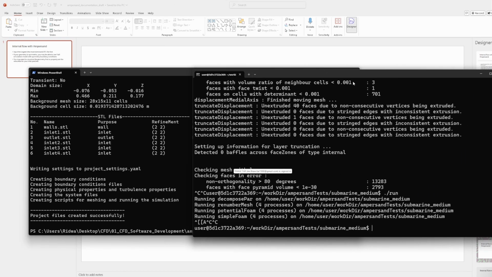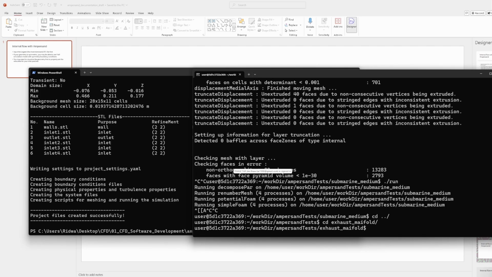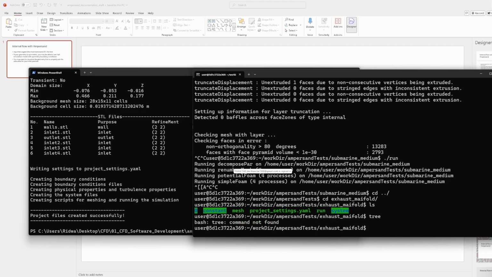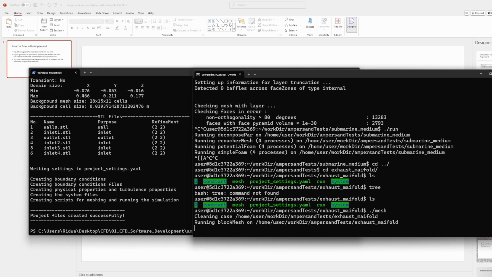Okay, so I will go to the directory in my Docker Linux environment, cd exhaust manifold, and just ls is fine. And I have these settings files and run scripts, so I will start by running the mesh. You have to start running the mesh, it will generate the mesh,